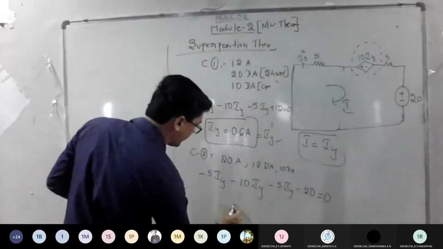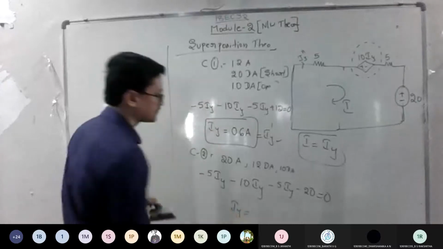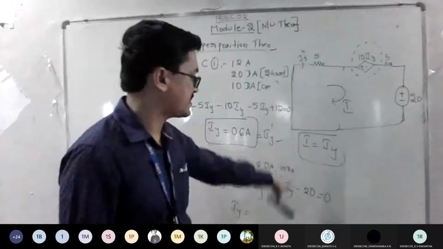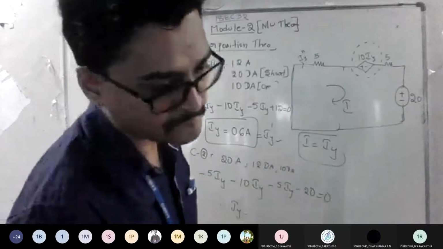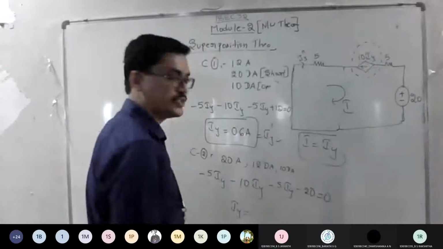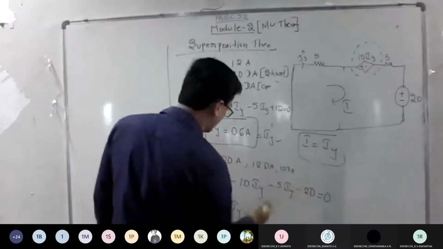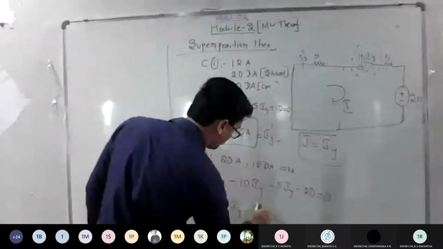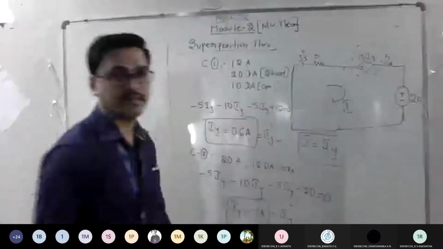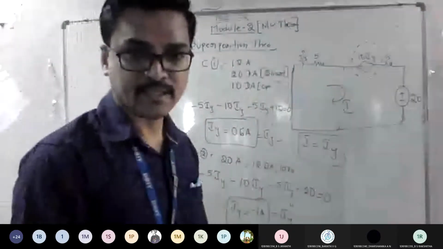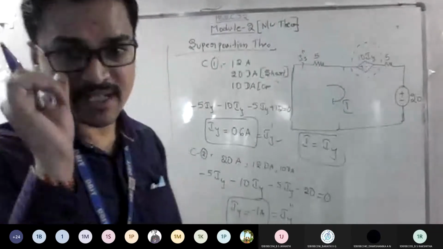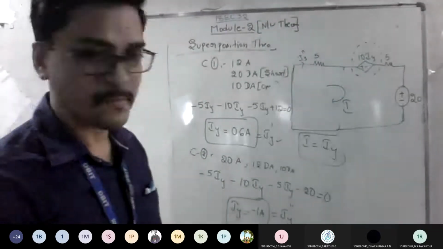So what is the answer now? Iy. How much did you get? Same thing, only the voltage supply changes in the same equation. How much here? Minus 1 ampere. Minus 1 amperes. You get minus because this is plus 20 divided by minus, you get minus 1 amp. So this is nothing but your Iy double dash. Agree? Is it correct here? Iy double dash you got as minus 1 amp.